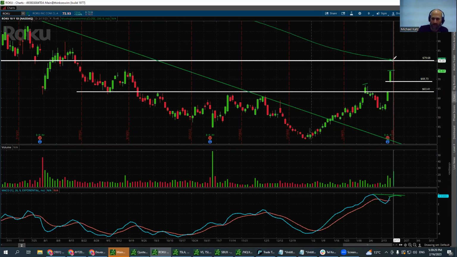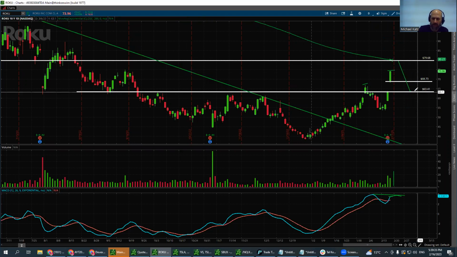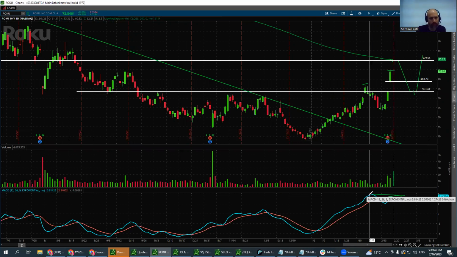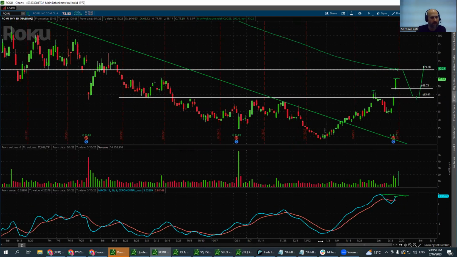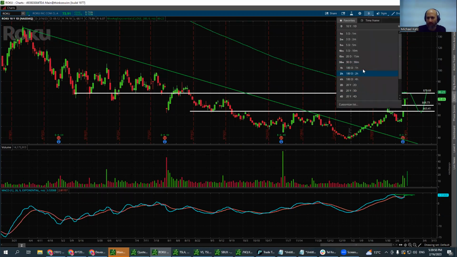So I can see, let's say it dropped down and closed that gap. I can see that it's holding right now. It's holding the position, and now I can go long again and try to break through the level. So feel free to play with it, because that's one of the edges that we have when it comes to trading. We can go both ways. So that's Roku. Let's see the hourly chart.